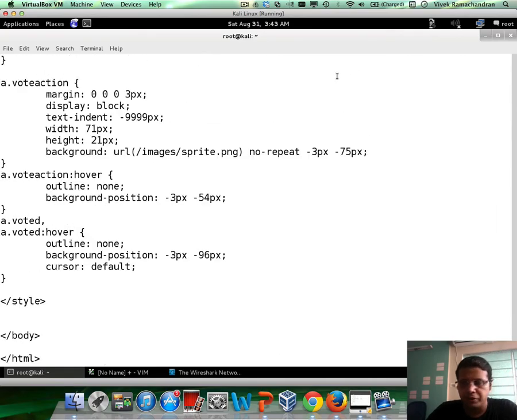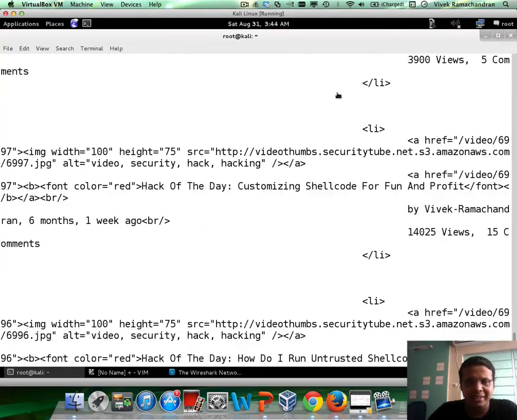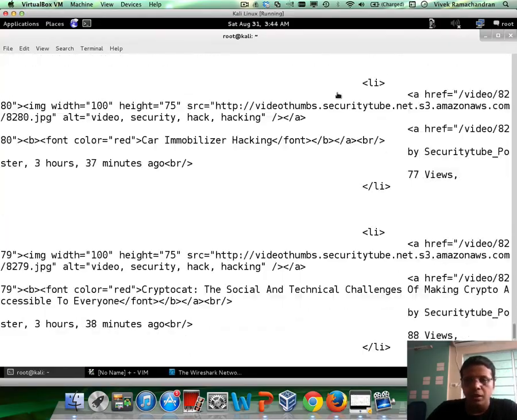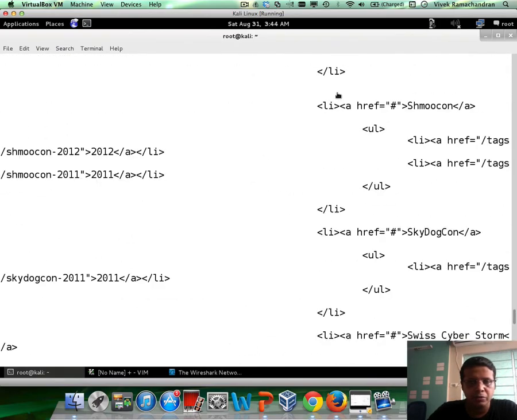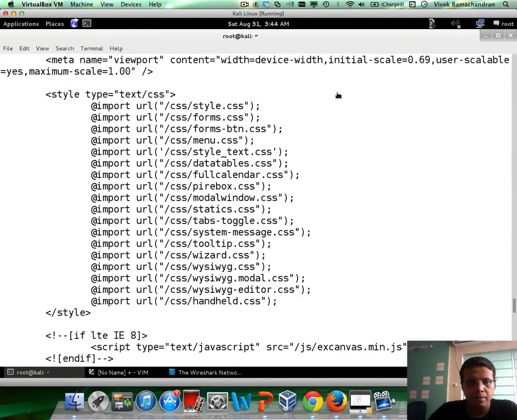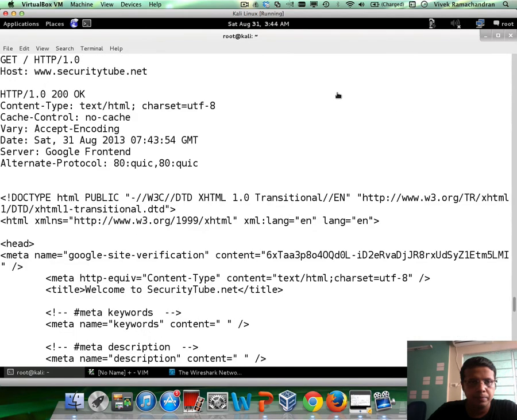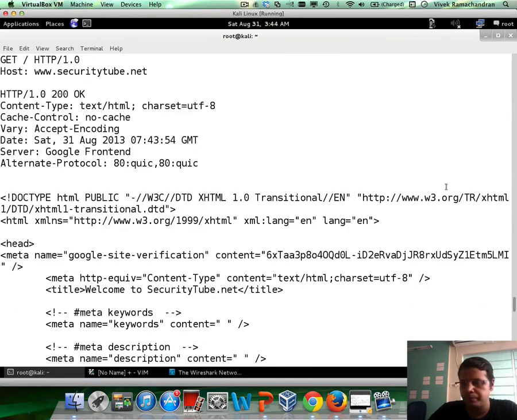Right, and if you notice, we basically ended up getting the whole HTML page as expected, and the server disconnected us. So that's a ton of HTML content. Let me quickly scroll up. There we go. Right, so this was the HTTP request which we did. So we typed in GET / HTTP/1.0, and then we mentioned the host to be